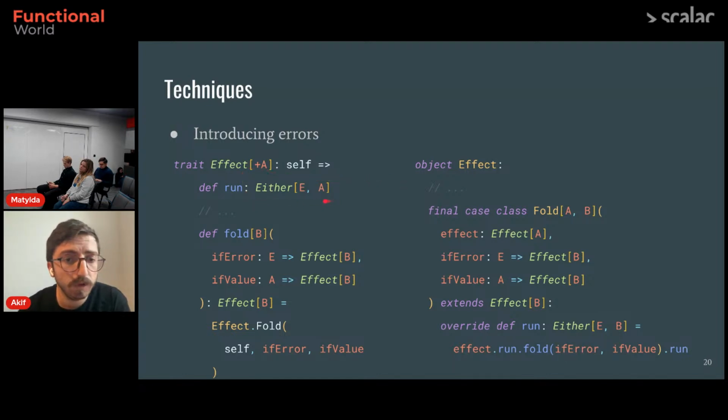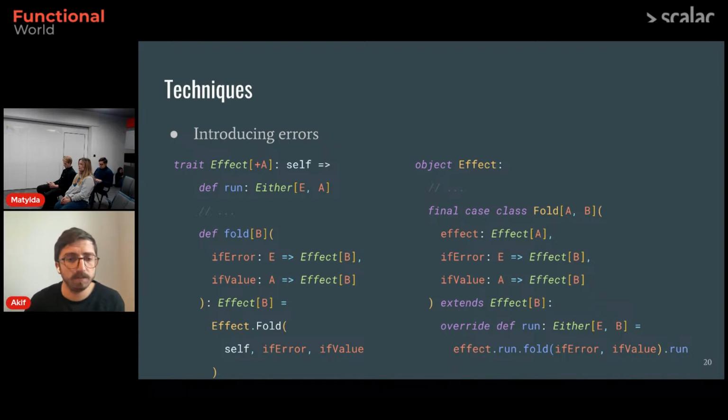I am choosing to do this because I want my domain errors, my E, to be a regular value, just like the value that this thing can produce, A. So how can I model this? Scala already has the answer: Either. If I update my run method to return an Either, with E as the error and A as the success value,